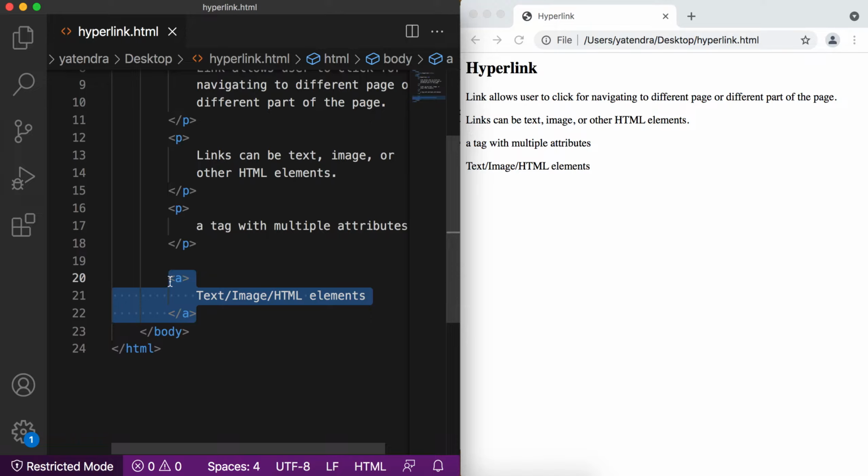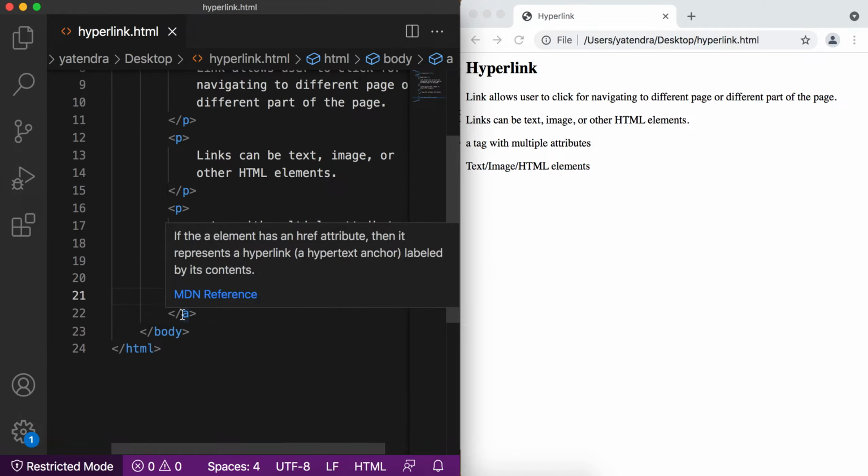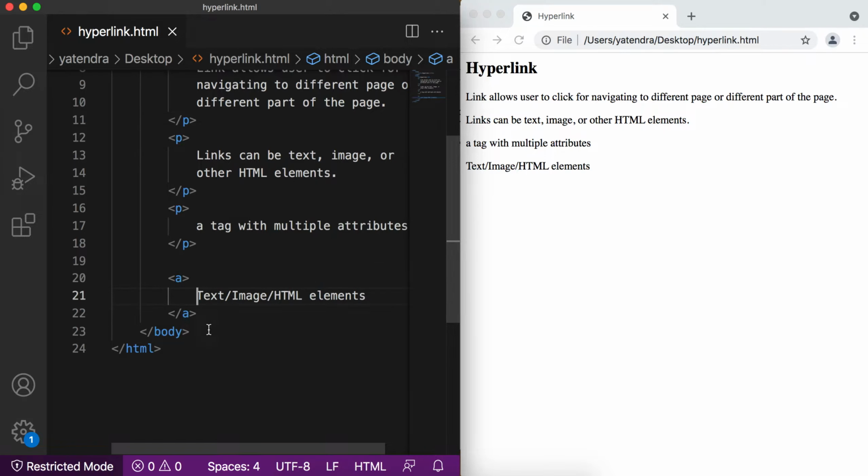Now let's use this and add some links in the page. The text between these tags will be displayed in the page, and the tags are not displayed. These tags just say that this text acts as the link. So this tag has multiple attributes.